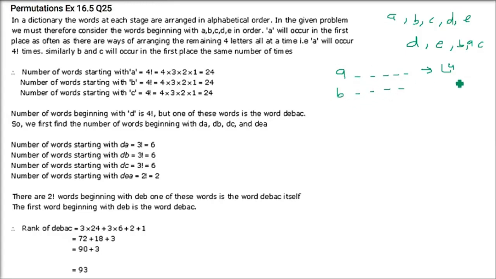Now A is finished. B is at the first. All possibilities are there. Factorial 4. Now after this C will come. 4 positions are left. All combinations. Factorial 4. Now ABC is done. Now D will come. Right? Now in D, first thing will come what? A. First will come as A. So you fix 2 positions. 4 positions, 3 positions are left.